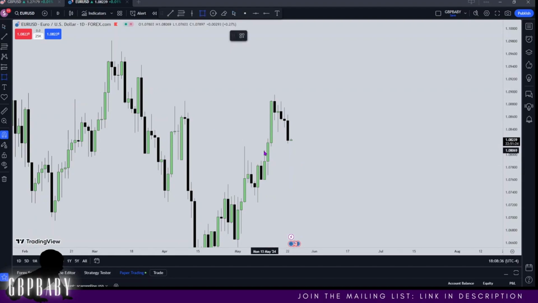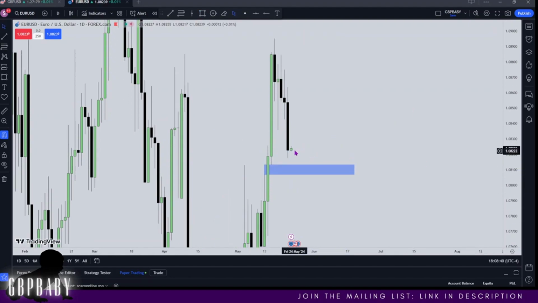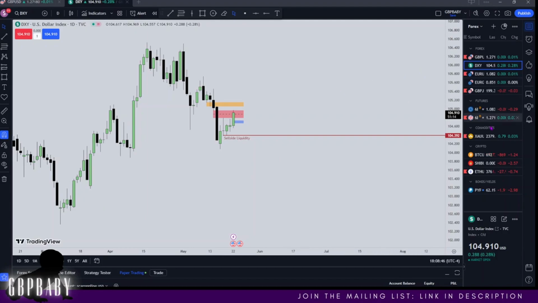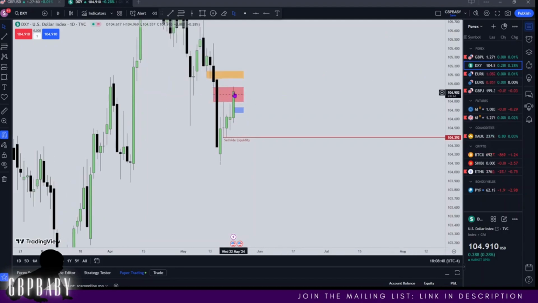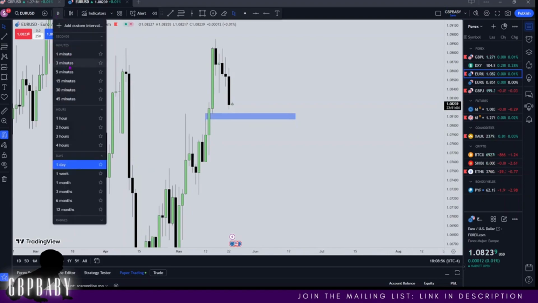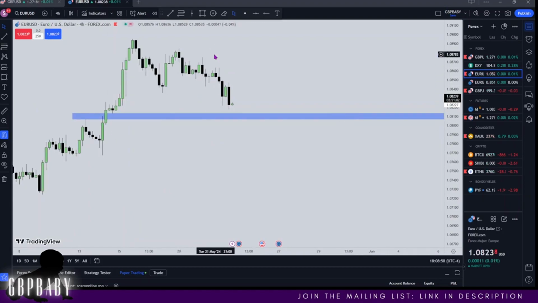We do have a fair value gap right here that price may be reaching for, so that might be a potential low for dollar, but more similarly for euro. If dollar trades higher to create a high and then trades lower, euro can happily trade down into this fair value gap and then turn around. So I'm not saying there is going to be a Thursday reversal, but if there is going to be